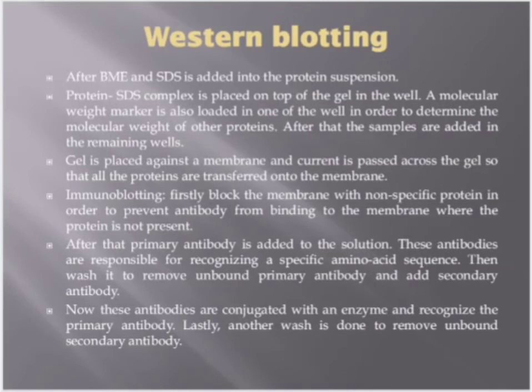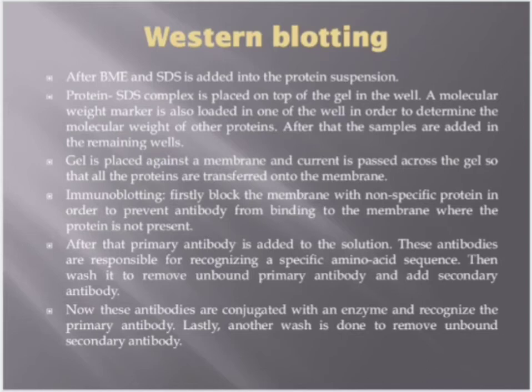Now, Western blotting. Western blotting is used to detect a particular protein in a given mixture. The probe used is therefore not DNA or RNA, but antibodies. So, the technique is also called immunoblotting. Western blotting is named after W. Neil Burnette. This method is used for detection and analysis of protein in a given sample. It involves the following steps.